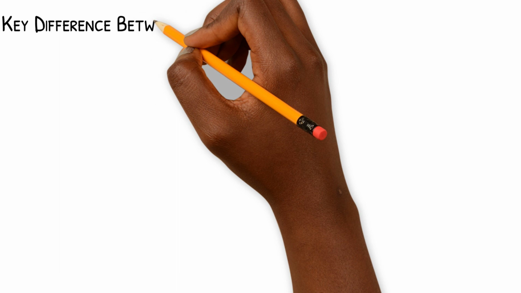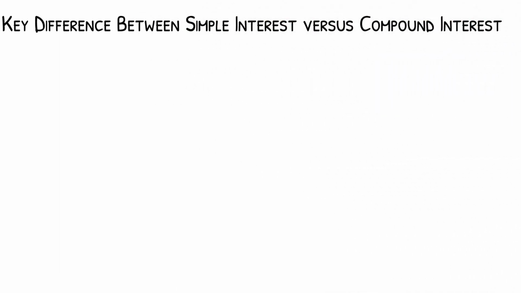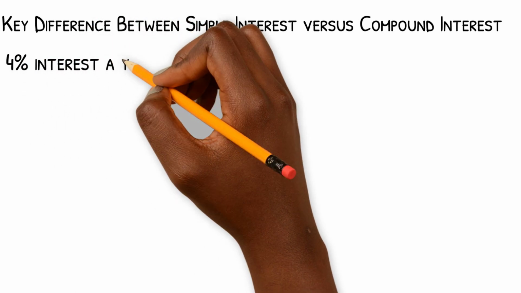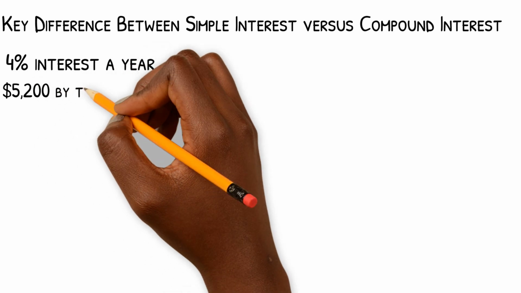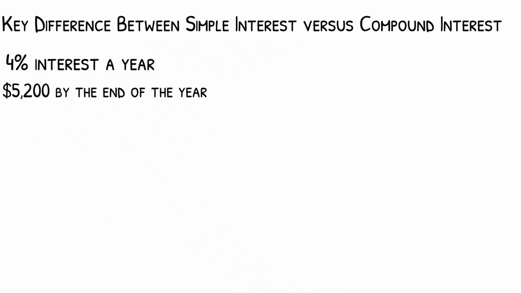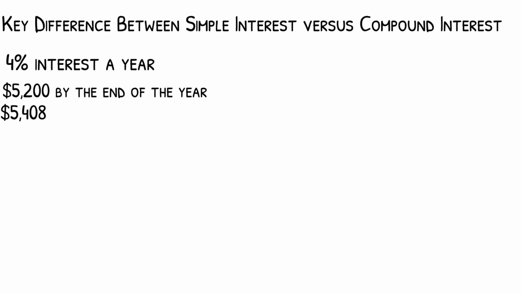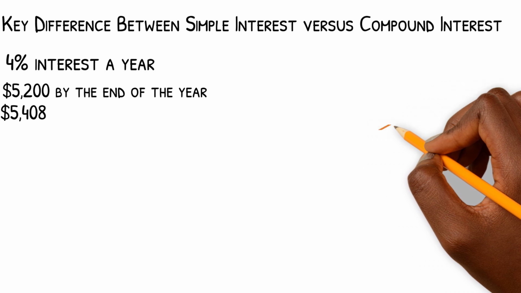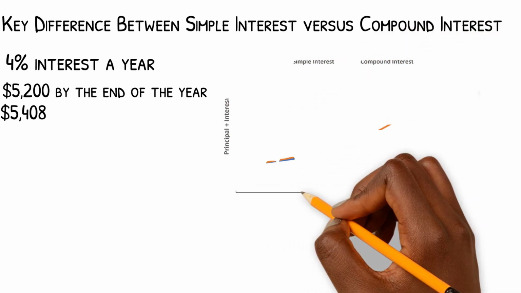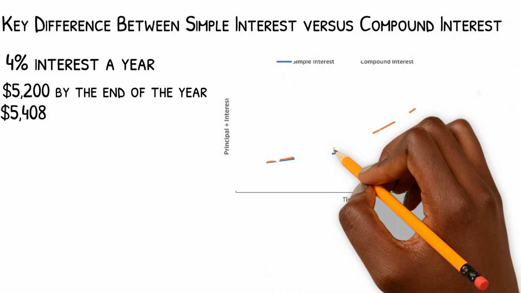Key difference between simple interest versus compound interest. If you put $5,000 in a bank account that earns 4% interest a year, you will have $5,200 by the end of the year. Now, if you keep the $5,200 in the bank for another year, you will have $5,408. Simple interest would be the equivalent of receiving $5,200 after the first year, withdrawing the $200, and then having